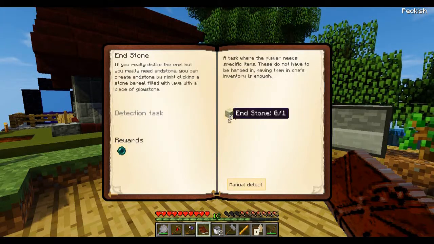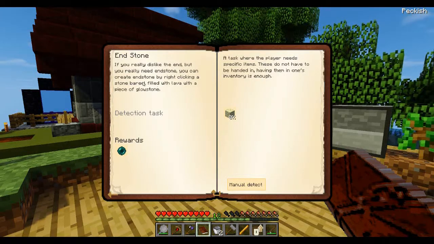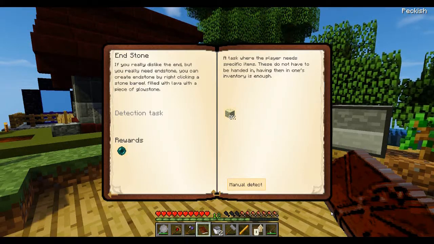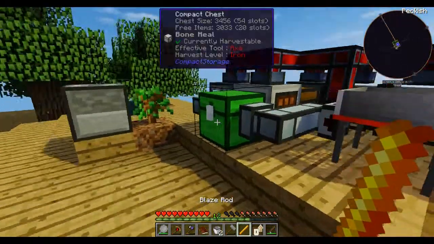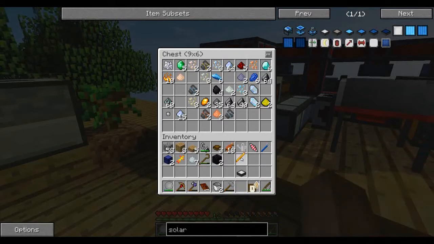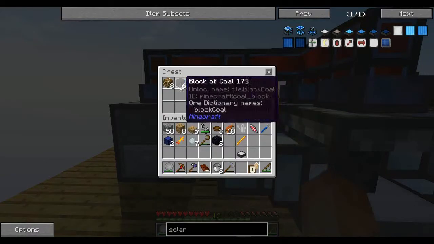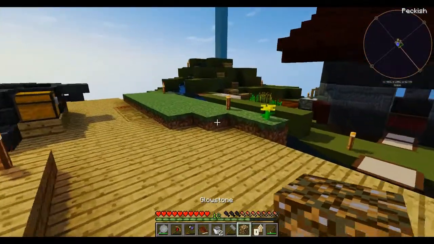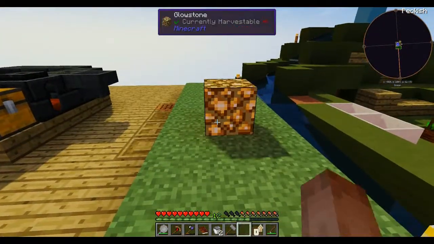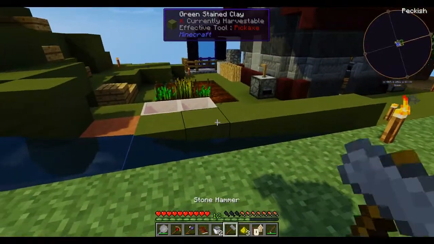Okay, so we got endstone here. Endstone is made if you put lava in a stone barrel and click it with a piece of glowstone, it says. I guess I don't have any glowstone offhand. I hate to do it this way because I'm going to lose some. I probably should be making it so that it doesn't grab it, because now I only got 3 of them, but